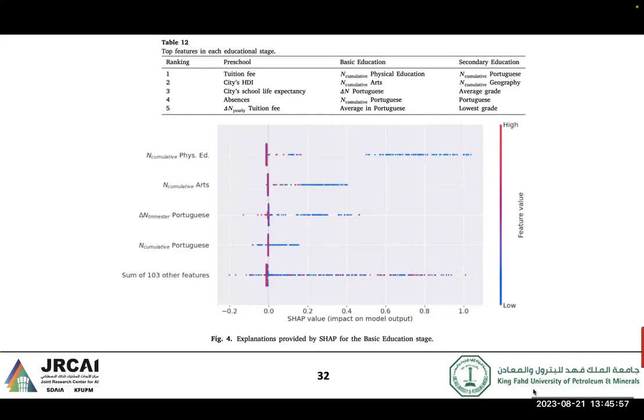To explain this figure, when we increase the value of the attribute and it becomes red, there is no effect, but a low value will affect more. So if we have a low mark in physics, the student is more expected to withdraw. That makes sense. It's sorted from the top to the bottom.